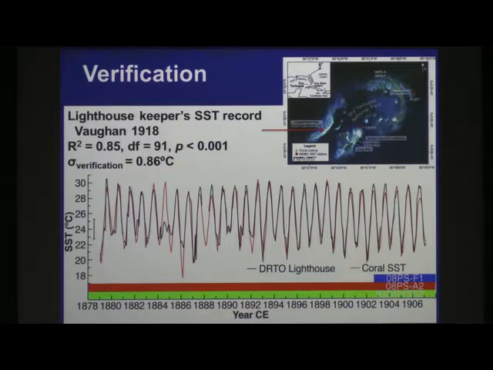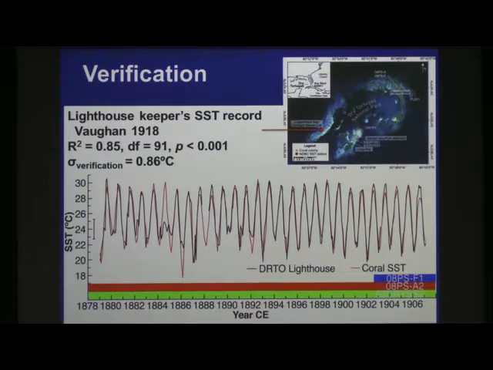Okay? For this particular verification interval, I did not do that. What I did is just assumed that every February was the coldest month and every August was the warmest month. Everything in between was linearly interpolated. So this is not matched up to the temperature record at all. And what's amazing is there is quite good agreement between these 2 records. There may be some winters and summers that are off by a month. That's to be expected. I did not make them line up. If we look at the verification, so that's looking at the error between the 2, it's 0.86. Had I lined these up, this number would be smaller.